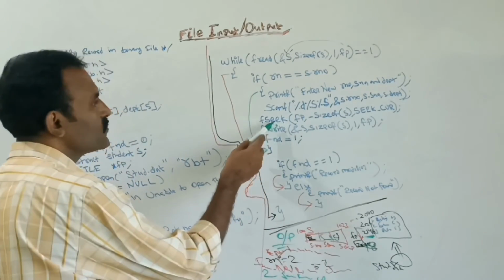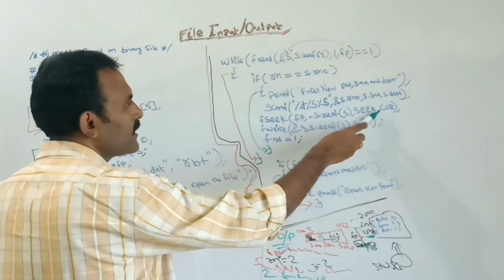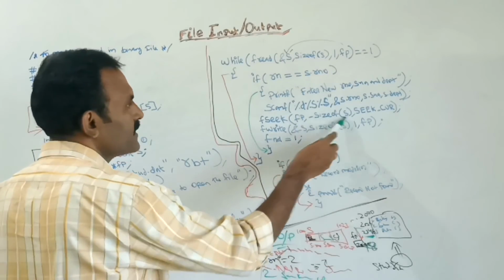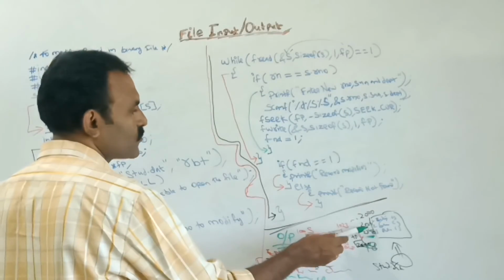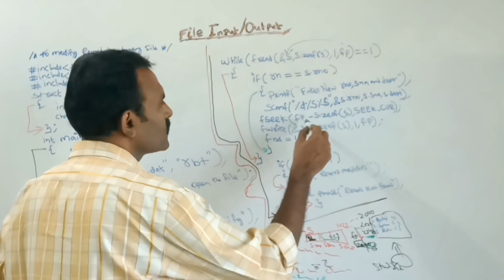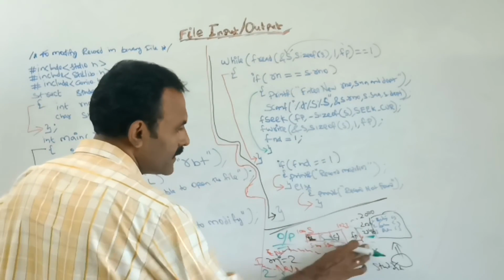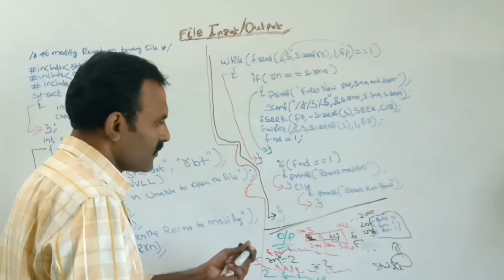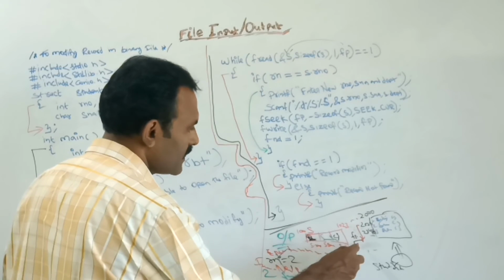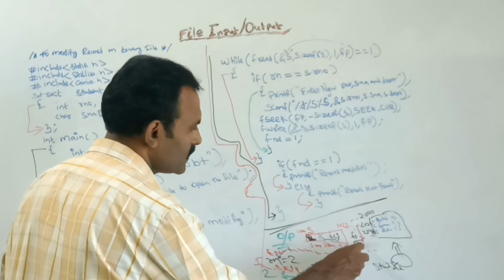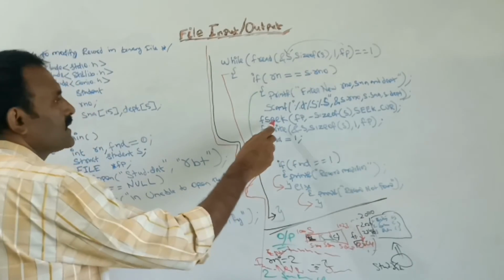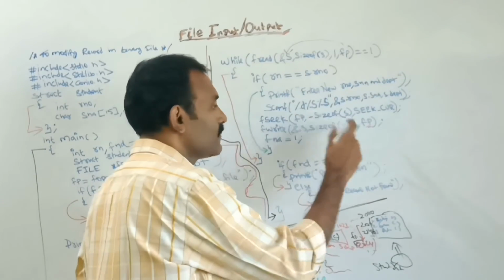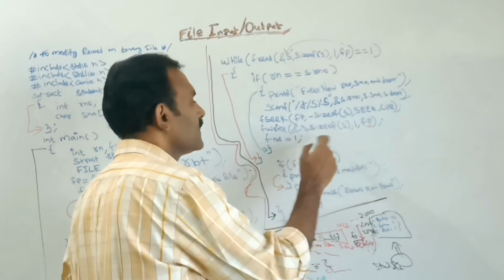So for that, by using the fseek function, where the cursor's current position is 2048, I am subtracting 24 from it. Size of s is 24. So 2048 minus 24 is 2024. So at the 2024th position, the cursor is brought back by using this fseek function. Next, by using this fwrite function, it will simply write where the file pointer is currently placed. To that place, this s content is written.